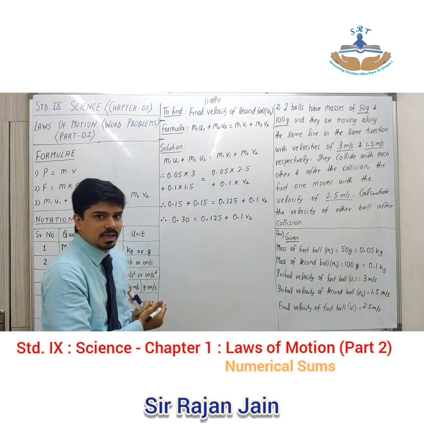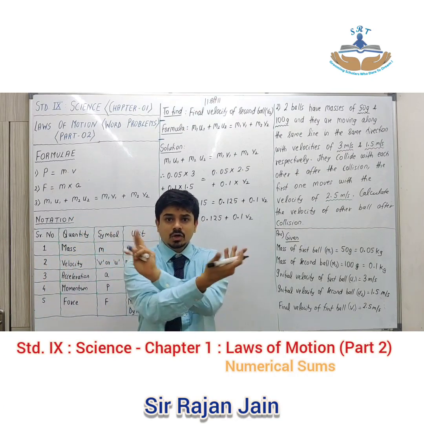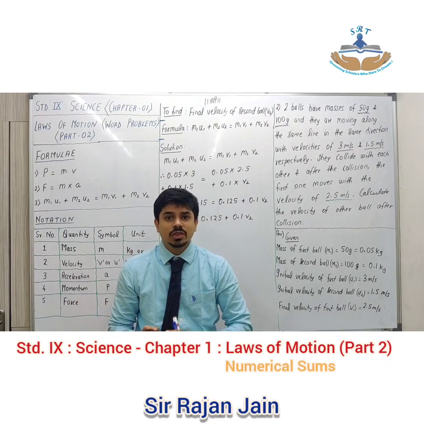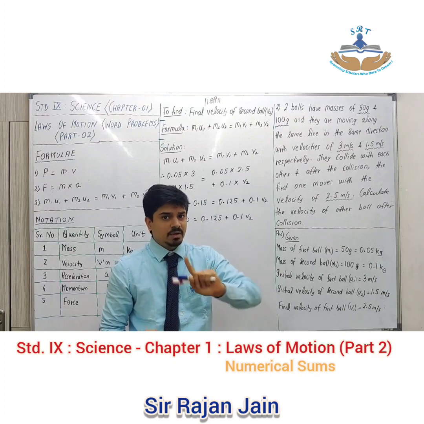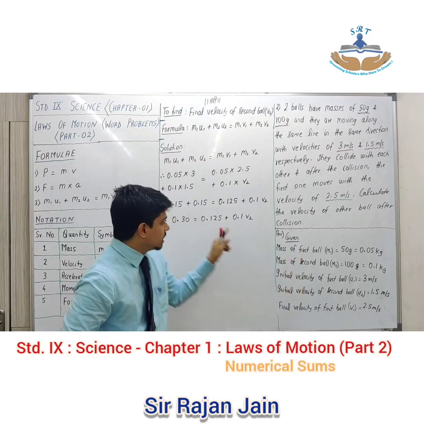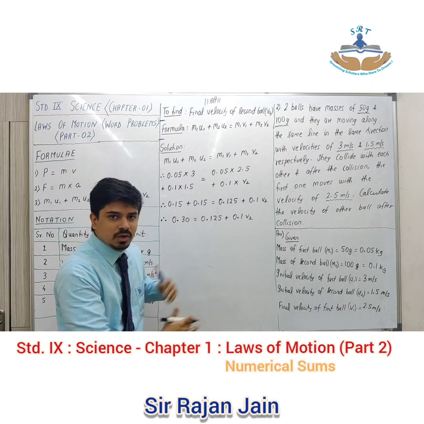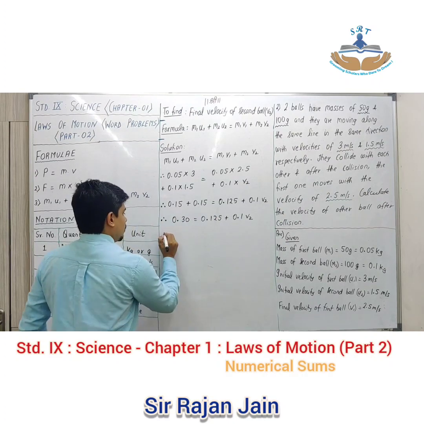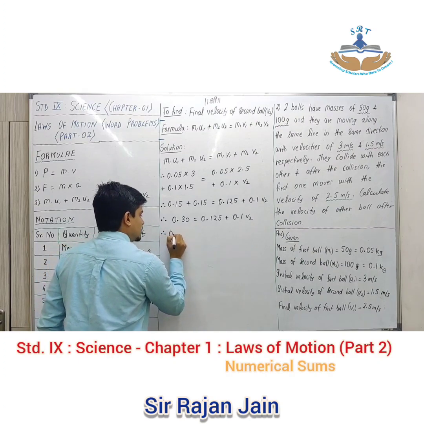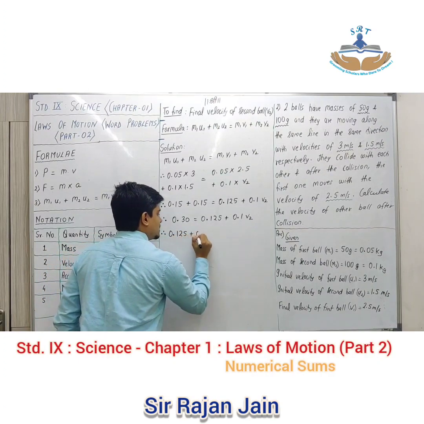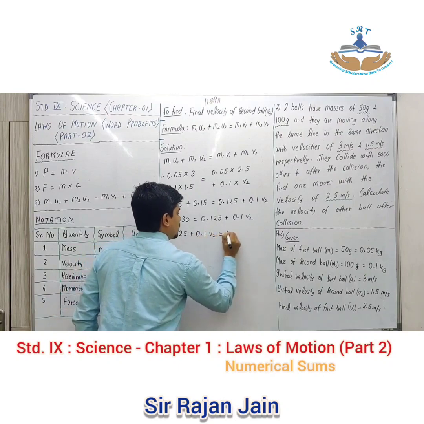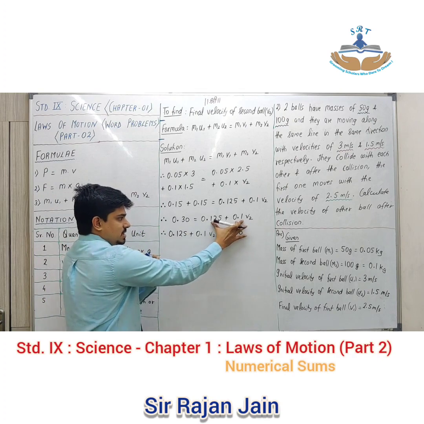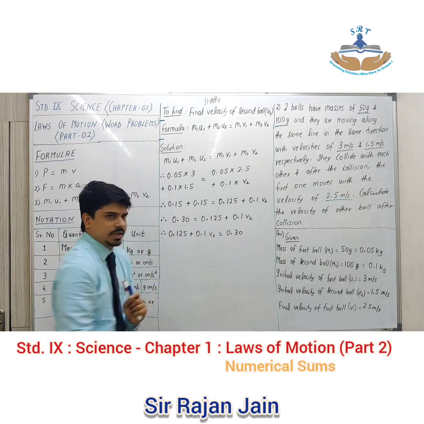Before I go ahead with the calculation, your next step should be to reverse the entire equation so that the unknown quantity comes on the left hand side. Use this step if the unknown quantity is on right side. अगर तुम लोग sign change करके कुछ भी shift करोगे ना, there are high possibilities that you will make some or the other mistake. So what I do is, first I reverse the entire equation. Plus 0.1 V2 is equal to 0.30. क्या किया? Exactly this thing I have written over here, this thing I have written over here.